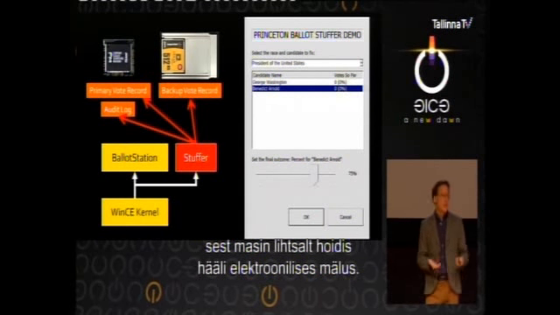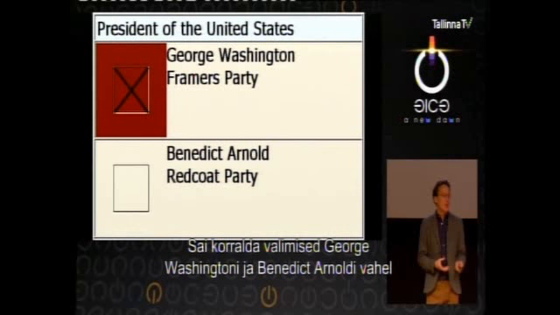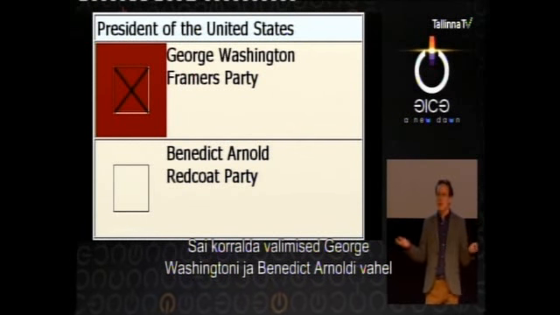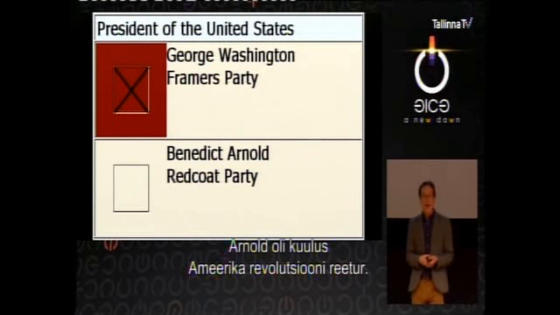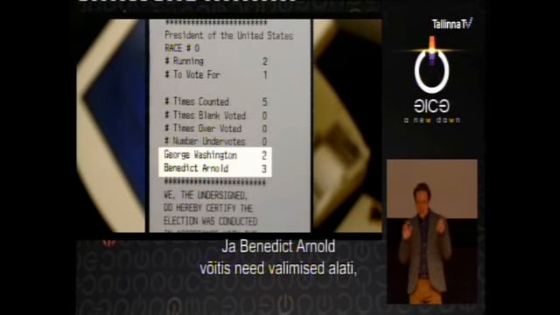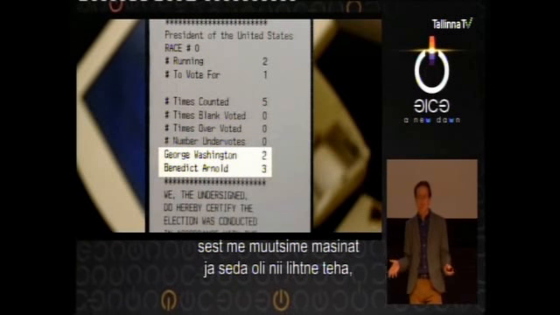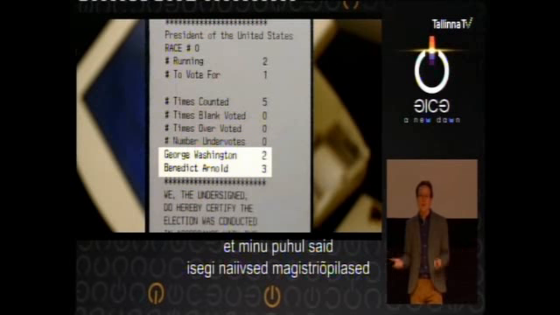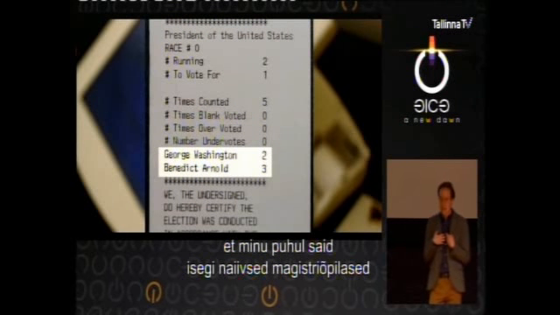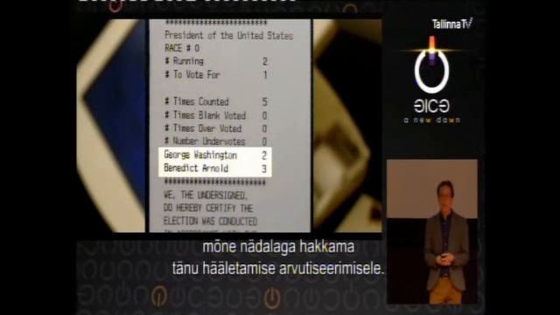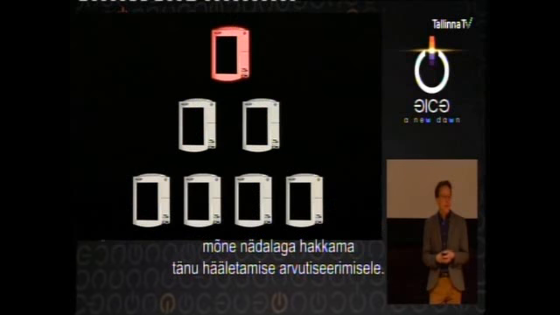It would then proceed to change every record of the vote, because this machine just maintained the votes in electronic memory. In that way, you could, say, have an election between George Washington and Benedict Arnold, the famous traitor of the American Revolution. And whenever we would do this election, Benedict Arnold would always win, because we had tampered with the machine. This is so easy to do that even a bunch of, in my case, naive grad students could pull it off in a few weeks, thanks to the computerization of the vote.